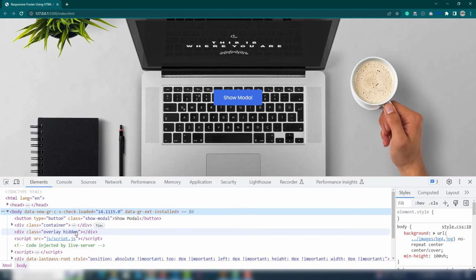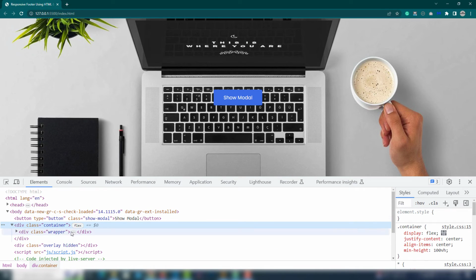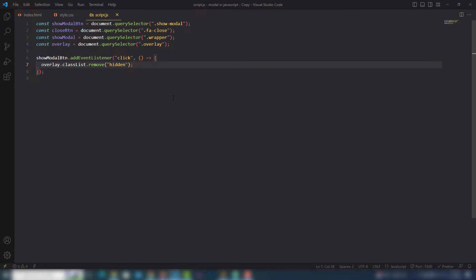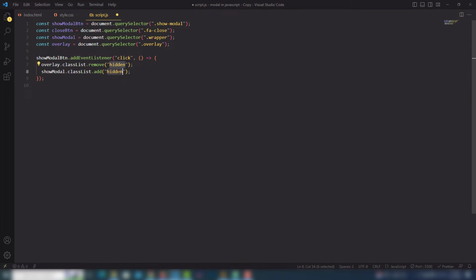As you can see, when I click on that, I want to remove this one class, and also I need to add a class inside my wrapper class. Inside the wrapper I need to add the class. Which class? I'm going to select my show modal, and I'm going to add the class show. First we're going to save it, and